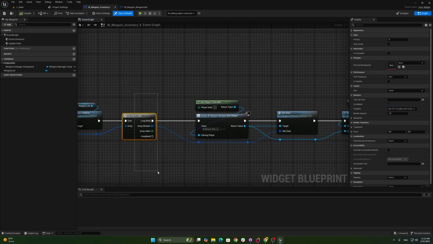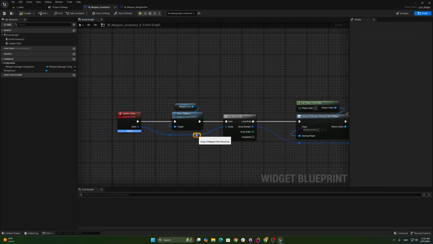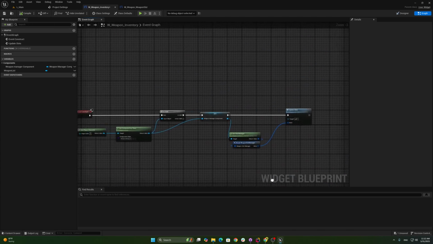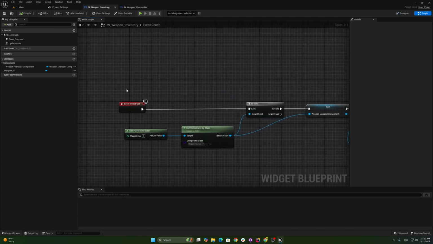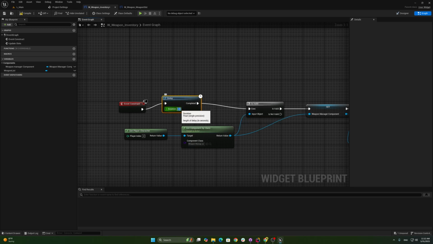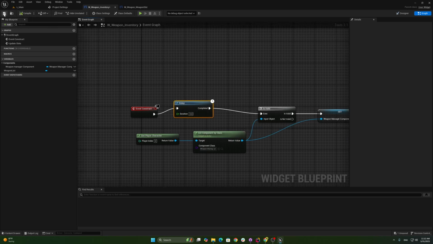the for each is maybe not working. Maybe we are calling this at the wrong time. Remember, in the begin play, this is basically just null. So the event contract, let's just delay this actually. Just delay this 3 seconds. So we are sure that the begin play is called on